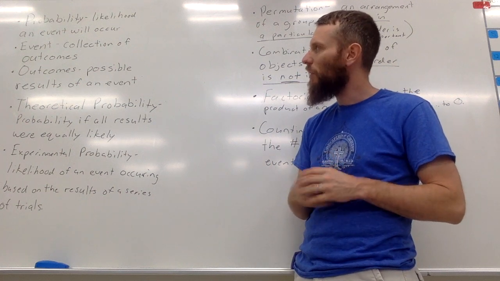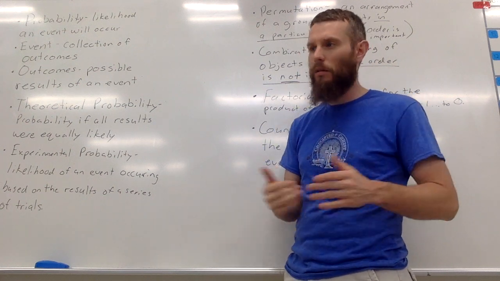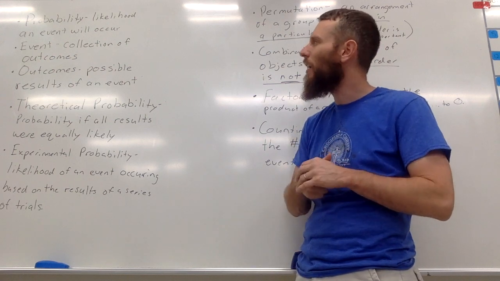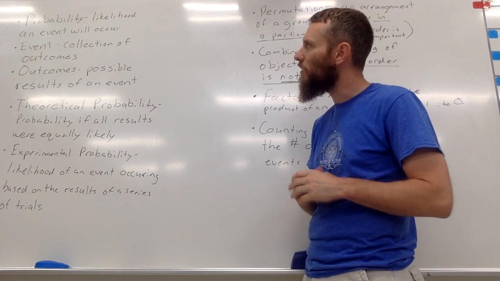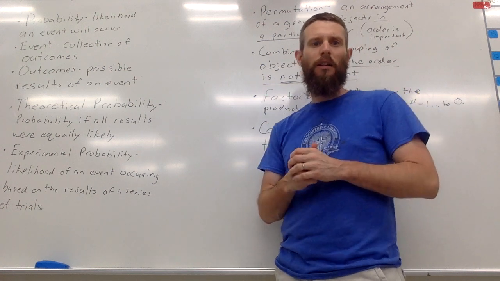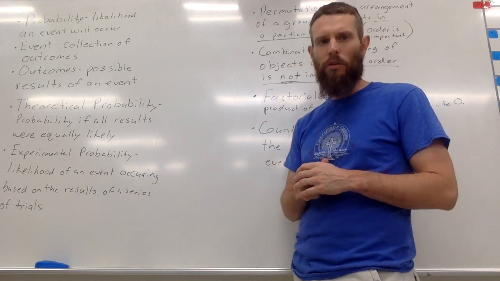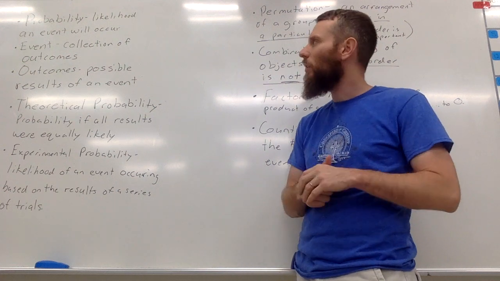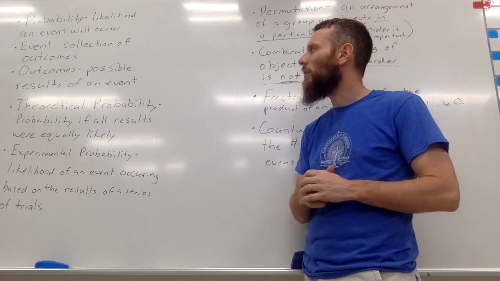Those different possibilities of what number would be facing up would be the outcomes. The event would be the rolling of the die. And then the probability is the likelihood that the die, when I roll it, will be a 2. And the likelihood that it will be a 2, I think we know, is a 1 out of 6